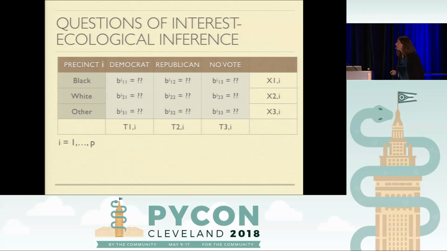And of course, we'd really want to nuance this with more demographic groups and more political groups. And one of the advantages of the model that we'll look at is that it's easy to extend to this case. So we're going to continue looking at the oversimplified 2x2 case, but that's just for clarity of presentation. Rest assured that it's extensible to this other case.